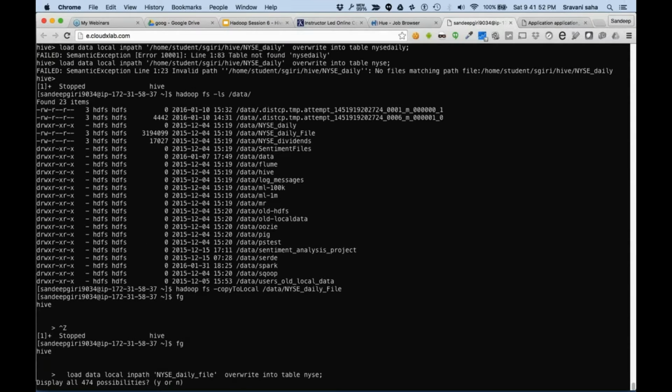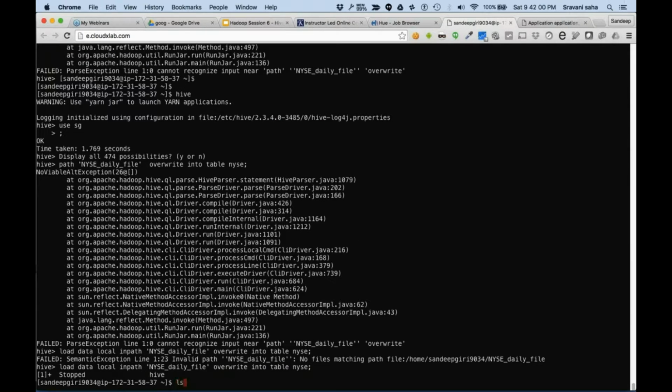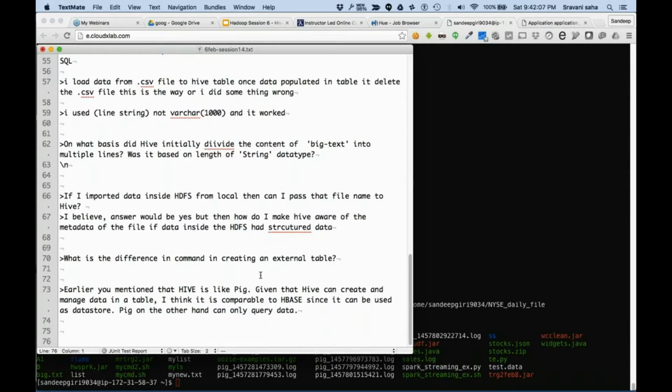Okay, so this is the file we had copied earlier. Let's try to do it. NYSE daily file. Okay, so I could also say home slash Sandeep Giri 9034 slash.